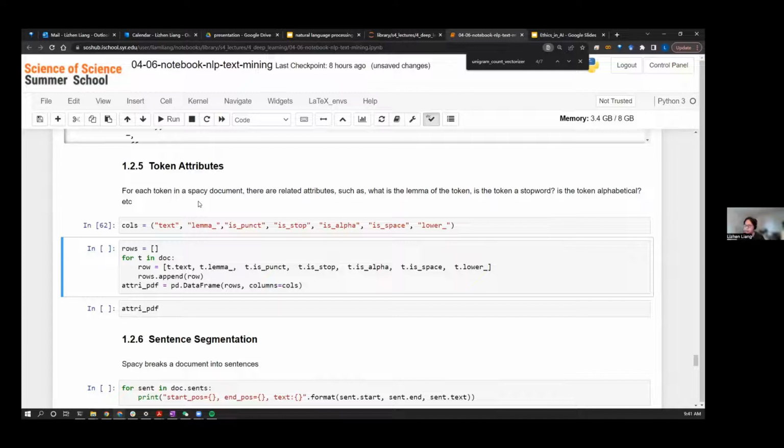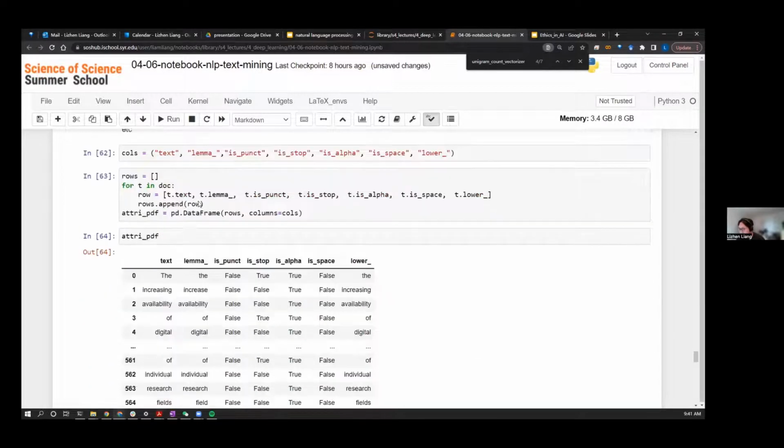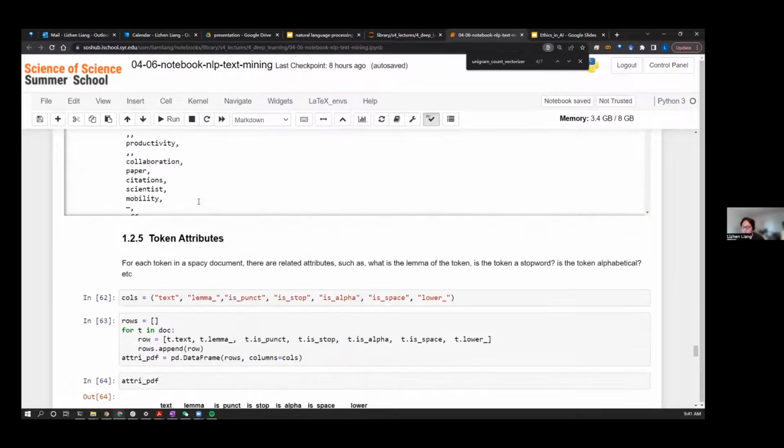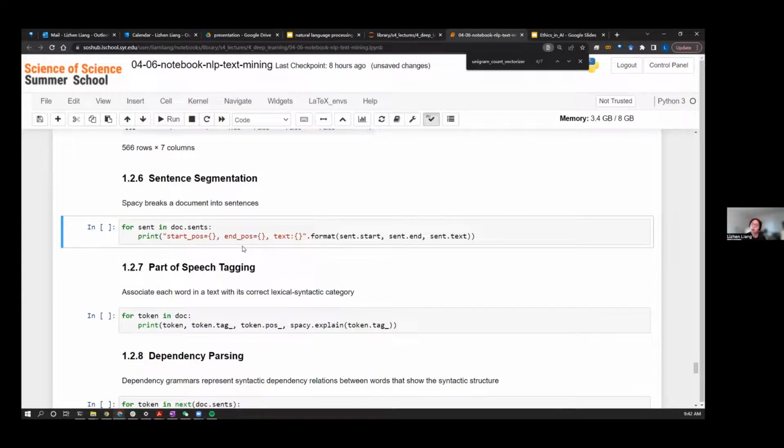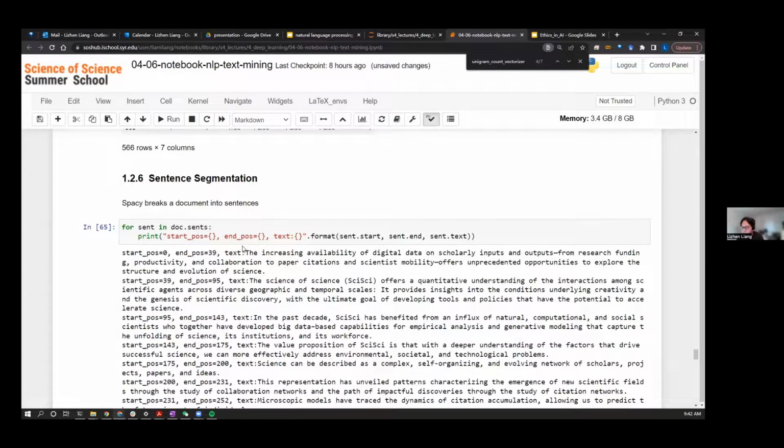I've shown a more general functionality of what the spaCy pipeline can do, and it's actually the attributes of each token in the spaCy document. Sometimes, for example, when an abstract is too long, we want to break it into smaller chunks so that we can process those chunks more accurately. spaCy has functionality to break longer documents into sentences.